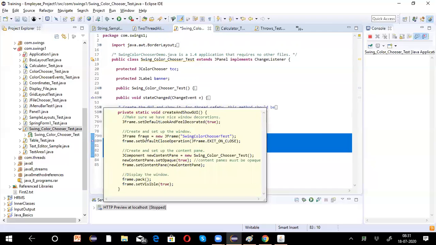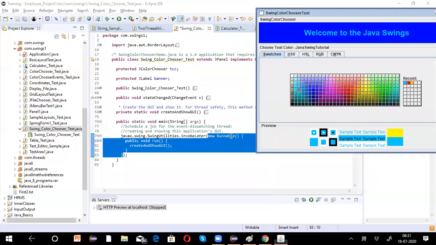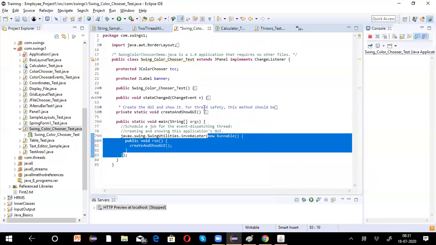Now JFrame frame equals new JFrame, and this is the frame title, the frame label: Swing Color Chooser Test. This one on top is the frame title that we have taken.